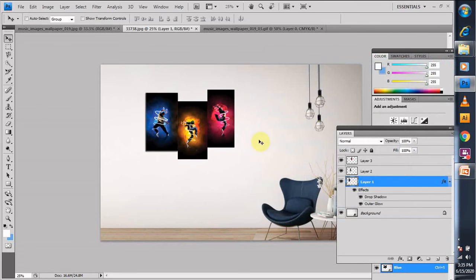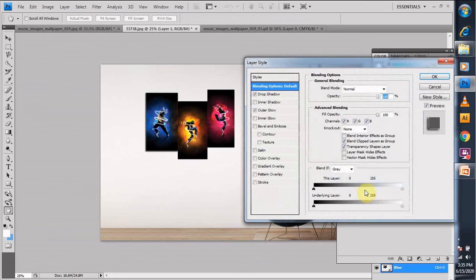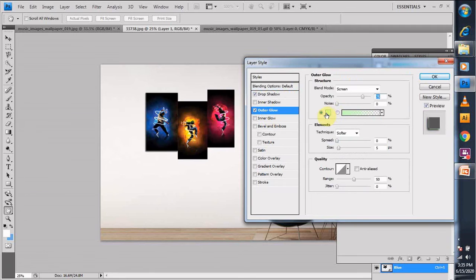Okay, so I press OK, but still my drop shadow effect is not right. We don't want outer glow, we need drop shadow, that's it.